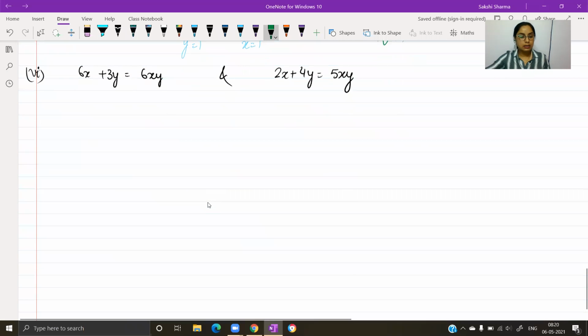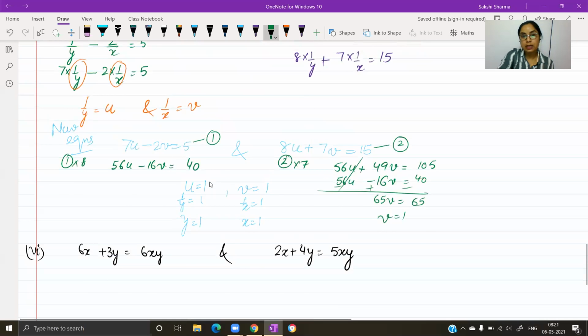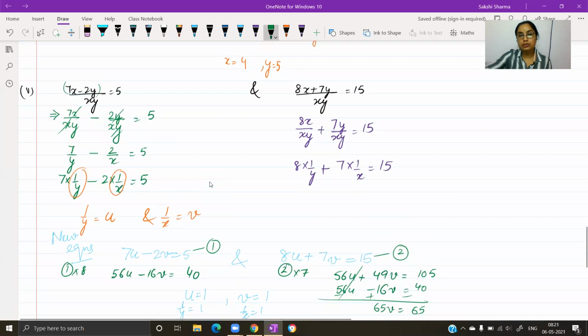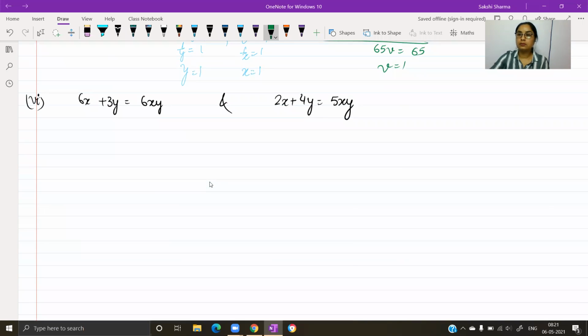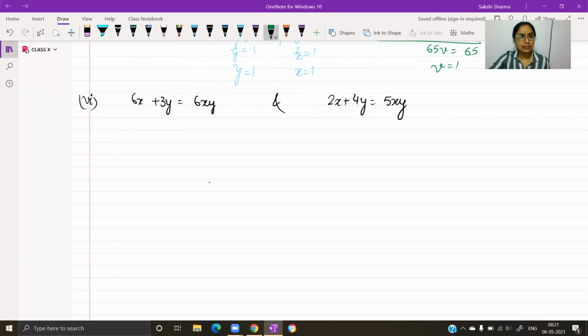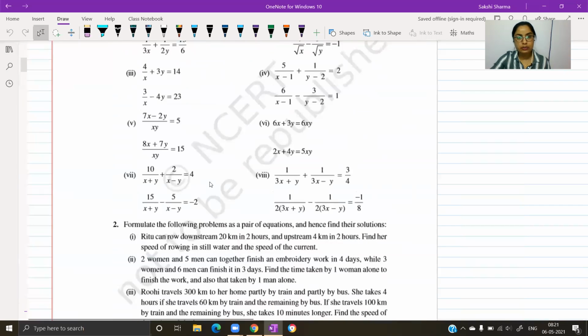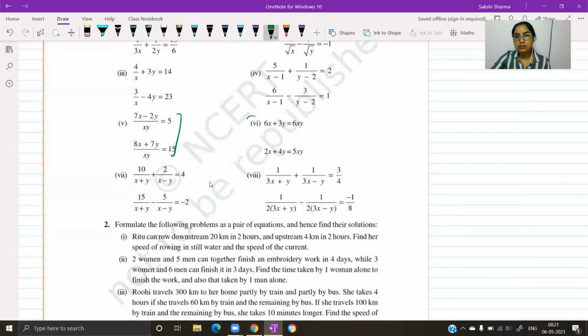Sixth part. This one is the modified form of the fifth pair of equations that was given in question number 5. If you just take the denominator to the right hand side, your equations will appear of this form. So we are going back to the form it's given in fifth. Let's just take a look at the questions here. Just compare these with the pair of sixth part.